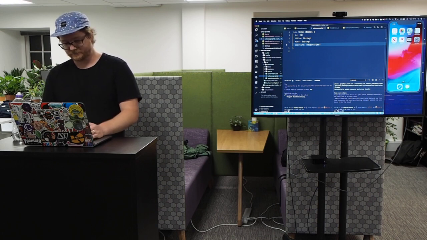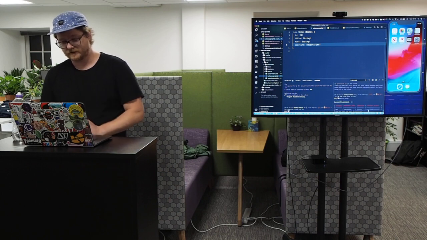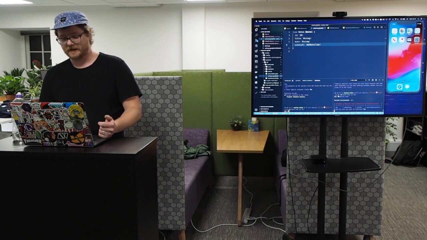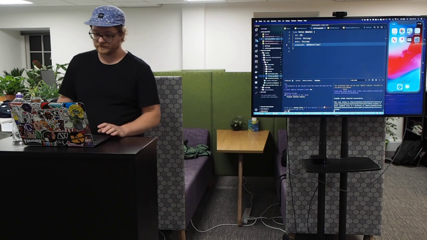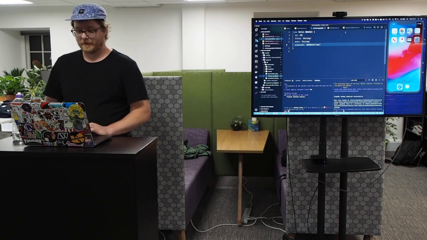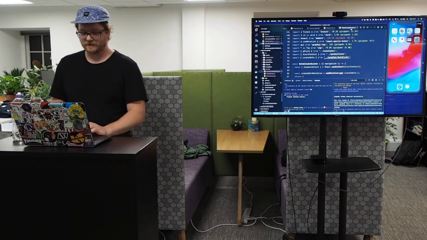So we do amplify push. So it's noticed that we've got a new API. If you update it, the operation will be update. So now that's going to create our API. So while that's doing its thing,